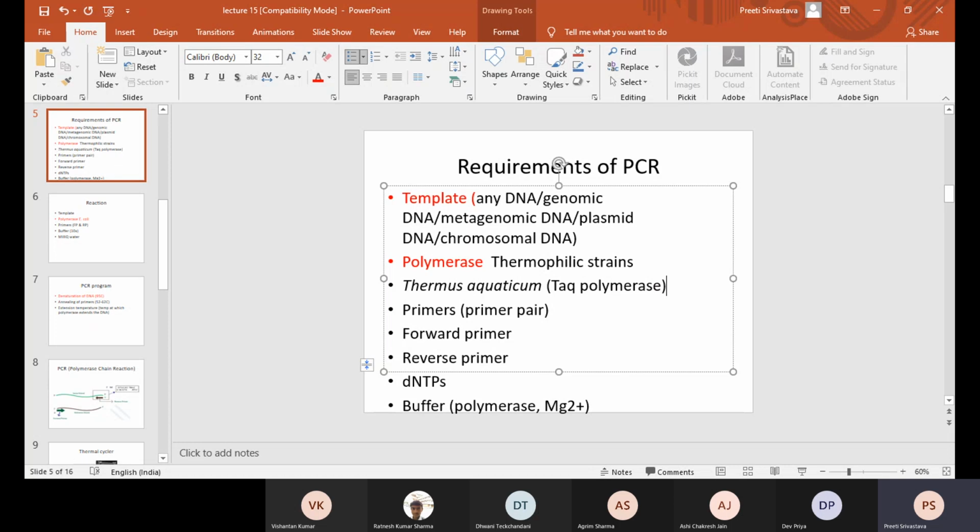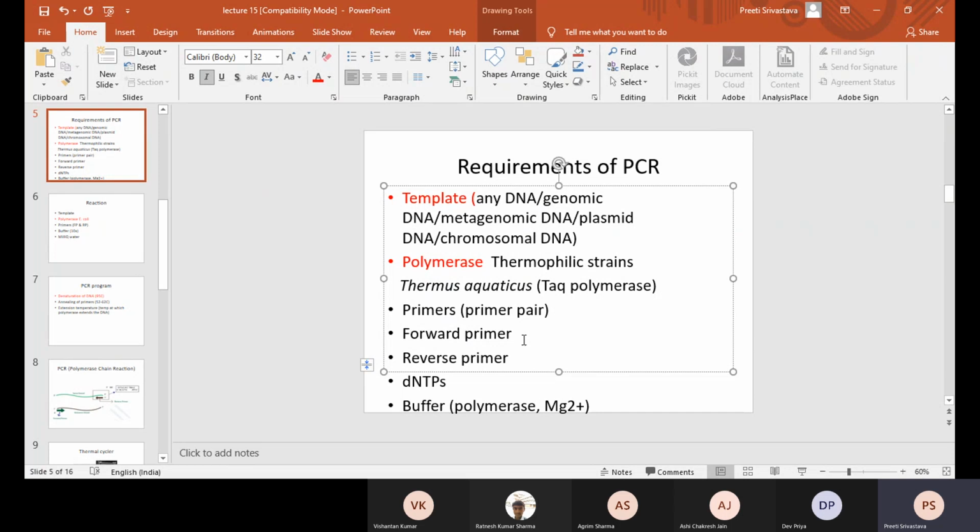The logic of selecting Taq polymerase is clear, I hope. So that is why we do not use E. coli polymerase, but we use polymerase from a thermophilic strain, and the one commonly used is from Thermus aquaticus, and it is called Taq polymerase.